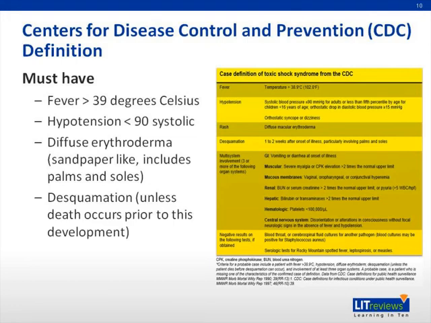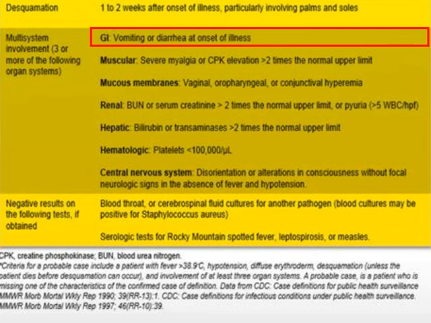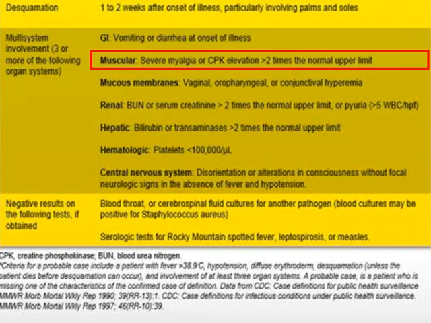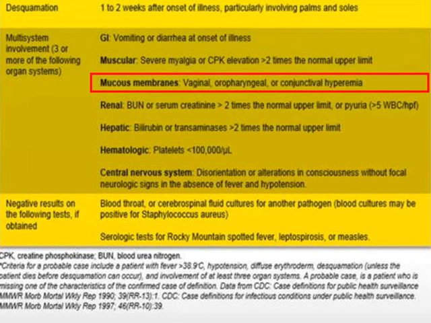As I mentioned before, that usually occurs 1 to 2 weeks after the onset of illness. Desquamation usually occurs in the palms and soles. And then lastly, you must have multi-system organ involvement of at least 3 or more of the following organ systems: GI, which includes vomiting or diarrhea at the onset of illness; muscular, such as severe myalgias or CPK elevation greater than 2 times upper limit of normal; involvement of the mucous membrane, such as the vaginal, oropharyngeal, or the development